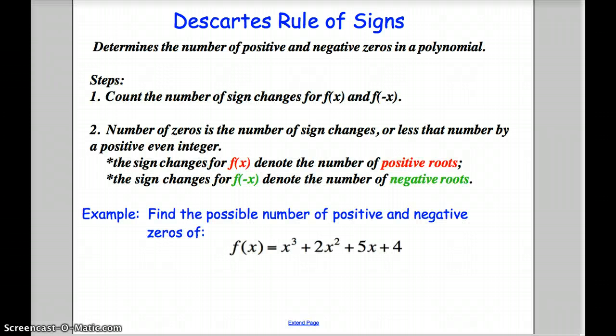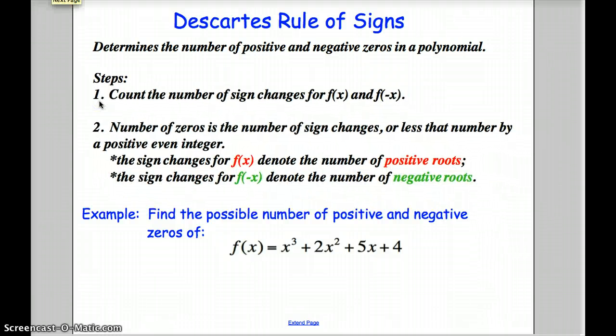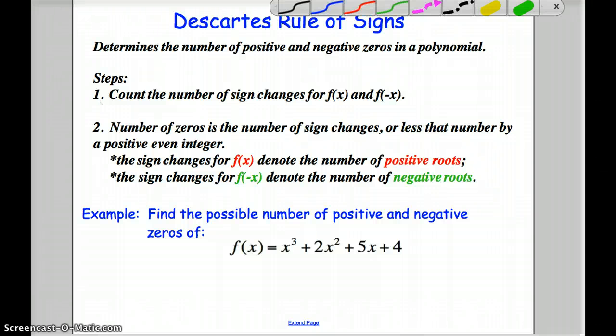So the first trick is Descartes' rule of signs. This rule will help us determine the number of positive and negative real zeros in a polynomial. It takes a little trick and you have to get it memorized, but it is a nice thing to know so that you know what to guess. So you don't have to waste your time guessing roots and then finding out you're wrong. So the trick is to count the number of sign changes for f of x and